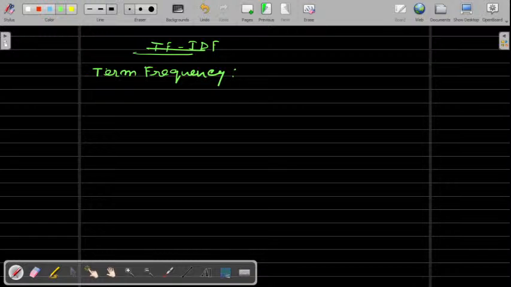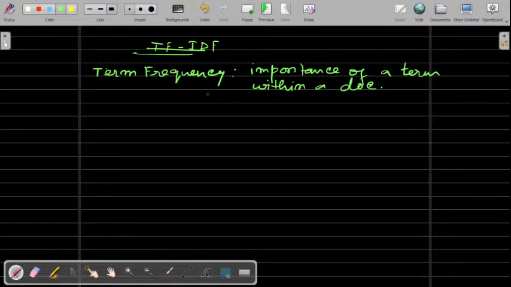Term frequency. What does it mean? It actually means importance of a term. Term here means a word, so it's the importance of a word within a document, not the corpus, a single document. It can be represented as TF(d, t) is equal to